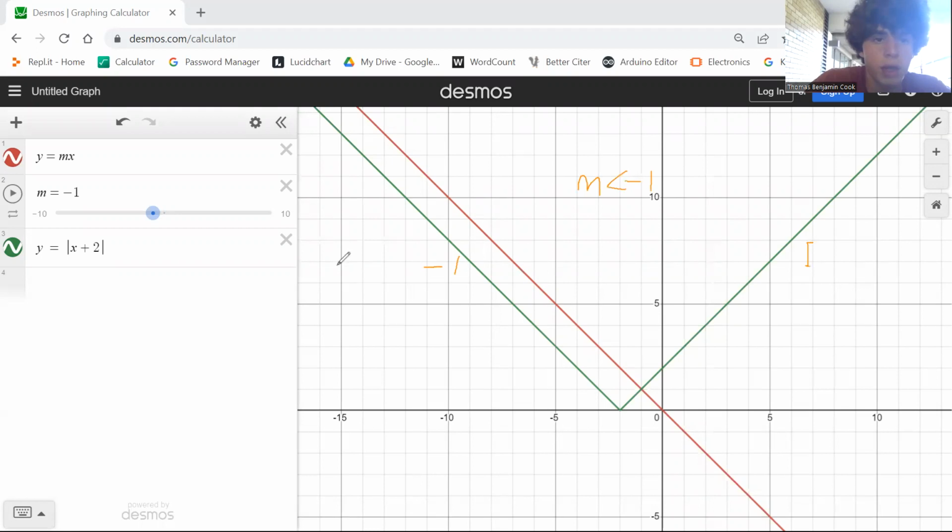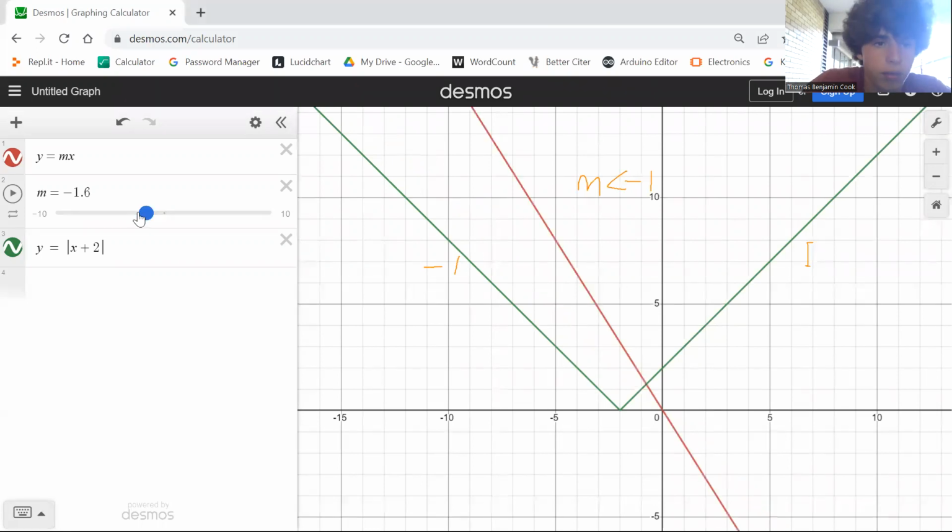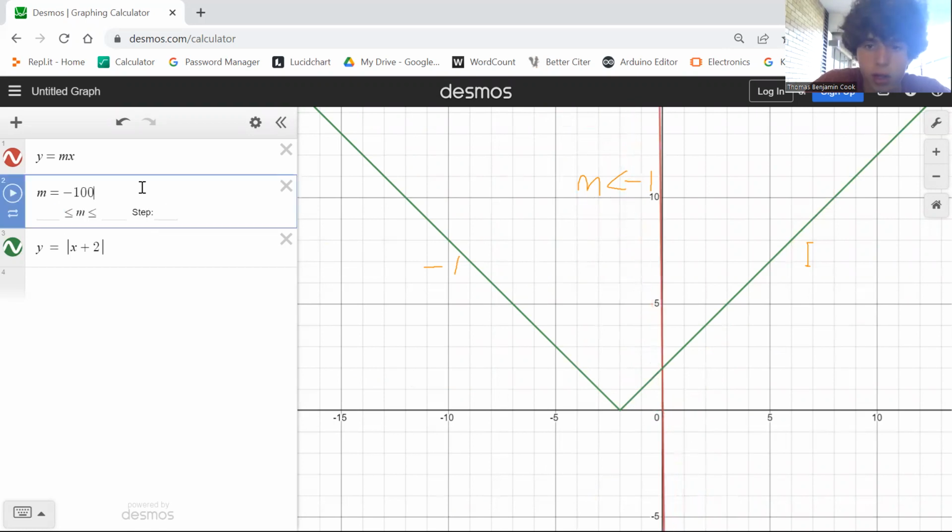And if we make this value even more negative, it still has one intersection. We can make it almost vertical, -1,000, and it has one intersection. So that's good, so that's what we want. So we want m to be able to go